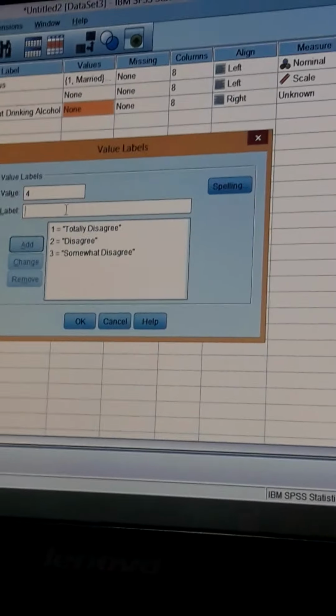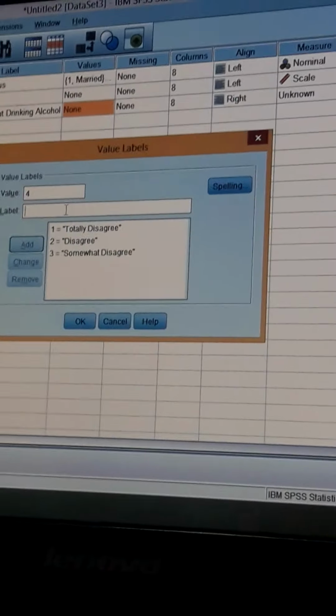Add value 5, somewhat agree. Add value 6, we will write agree.